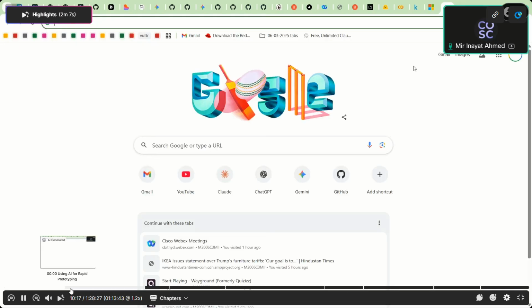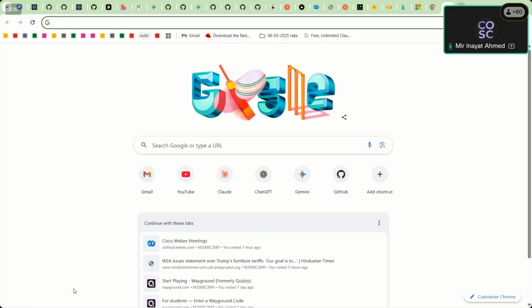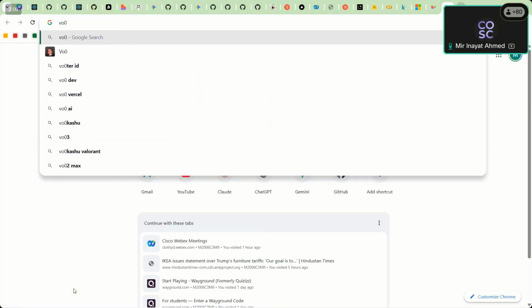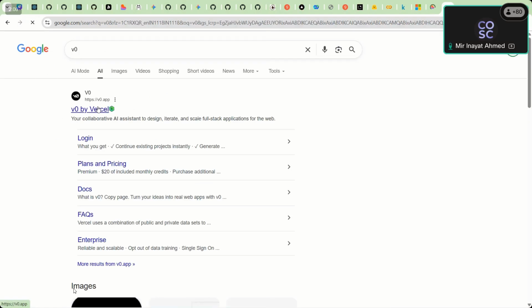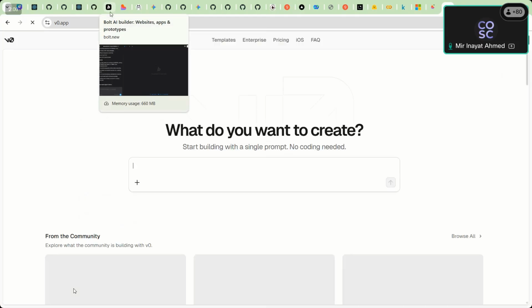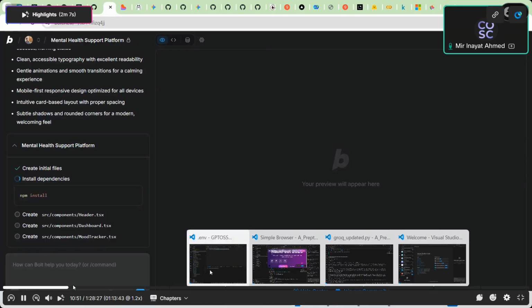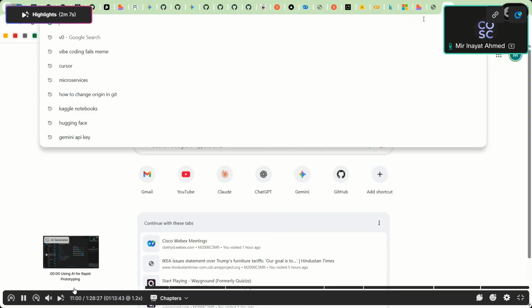We also have many other websites for this sort of stuff for rapid prototyping. One is Lovable, same interface. We also have v0 by Vercel, which is also a very cool website for prototyping. You guys can check all of these out. We'll wait for this to build, and till then, I'll just take you through another famous coding assistant, which is